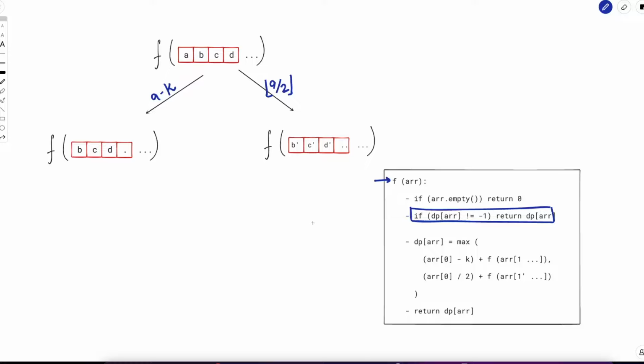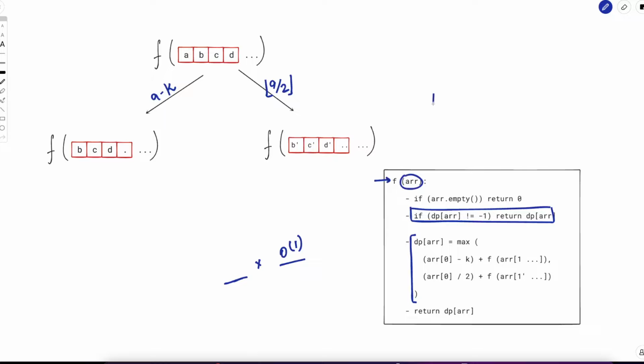So what is the overall time complexity now? The overall time complexity is the number of states, or how many unique ways this f can be called, multiplied by what you are doing inside each state. Inside each state we are just doing some mathematical operation, max of something comma something. So this is order 1 time, right? How many states do we have, or how many unique ways can this function be called? This is how many distinct arrays